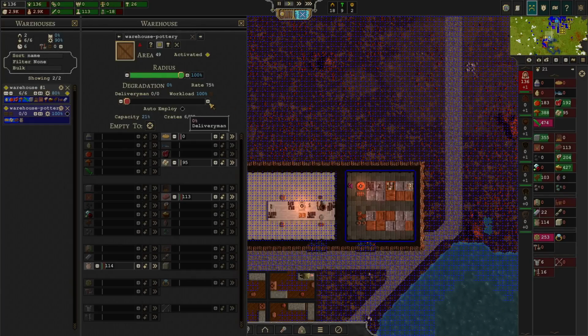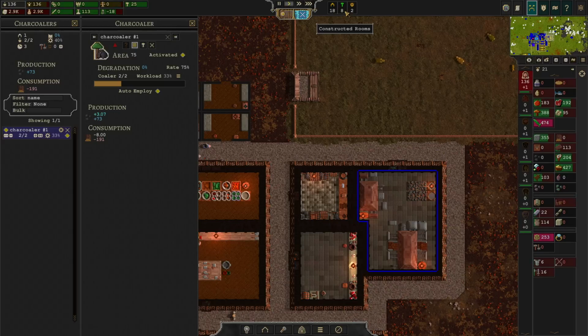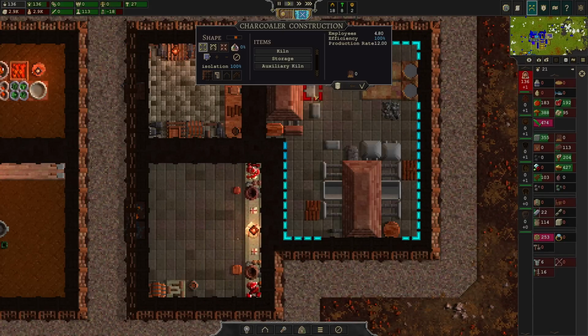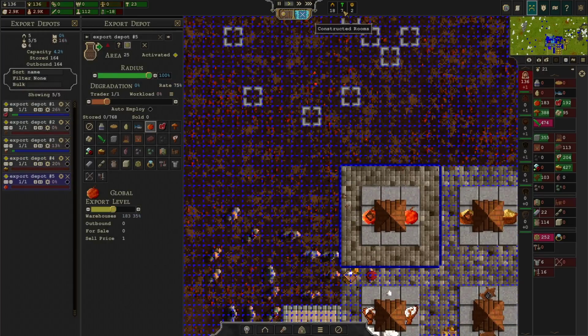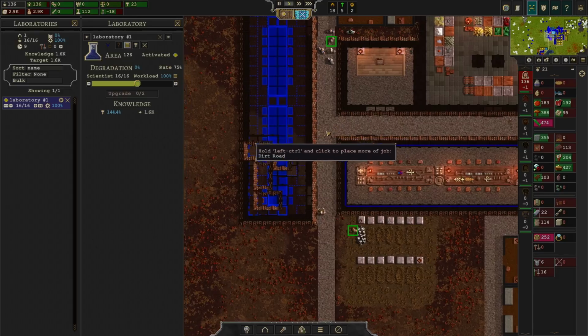Oh, this warehouse doesn't have a worker. What is this? There are idle work subjects. They will soon sign up and start working. All right, but let's give you that. Auto-employ. I don't remember how many work spots we put in for this. Yeah, so let's have this not auto-employ, but do 4 workers. Export depot, yeah, it's got 1. Not doing much right now, but that's okay. That's okay. Wait, this lab can have...